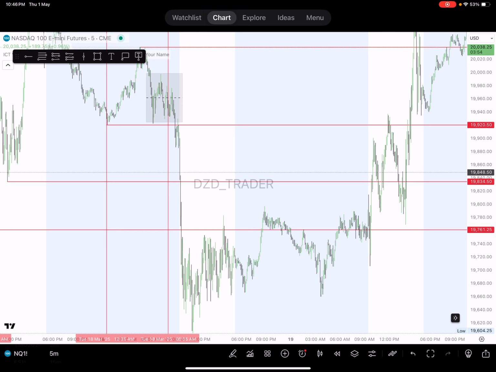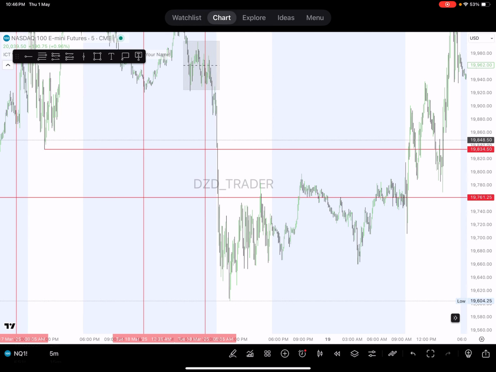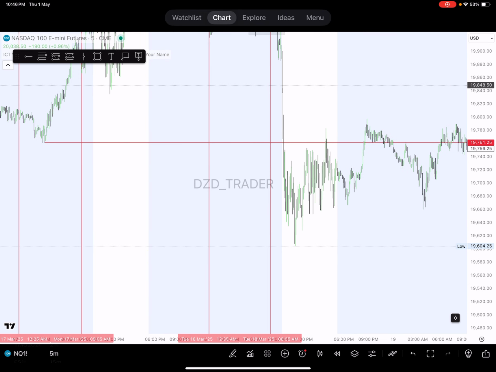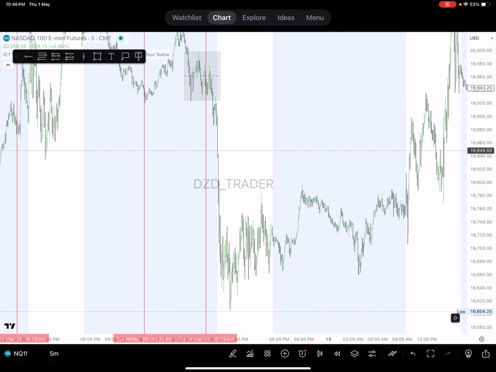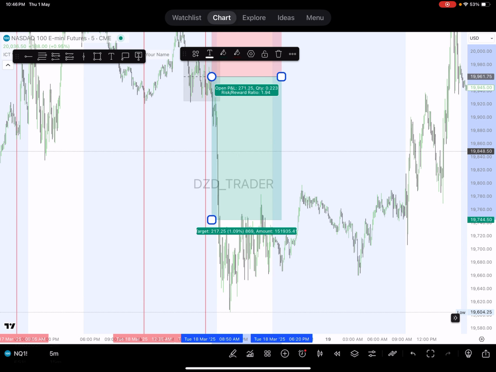So the London range low was taken out at this point when the New York session started. Done. The New York session low of the previous day was taken out. Done. I remove it. The London range of the previous day was taken out. Done. So if I calculate for you this market, if you went short from here all the way to the profit range,